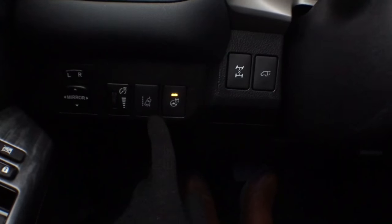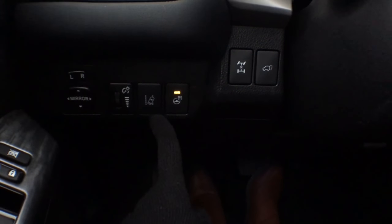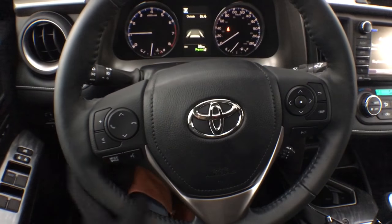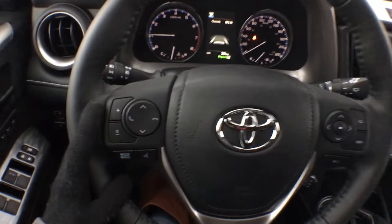The RAV4 does have our Toyota Safety Sense built right into it, so this is our lane departure alert with steering assist. This trim model also has a heated steering wheel and a locking differential, and of course we have our power liftgate. On our steering wheel, which is tilt and telescopic adjustable, also leather wrapped, we have tons of